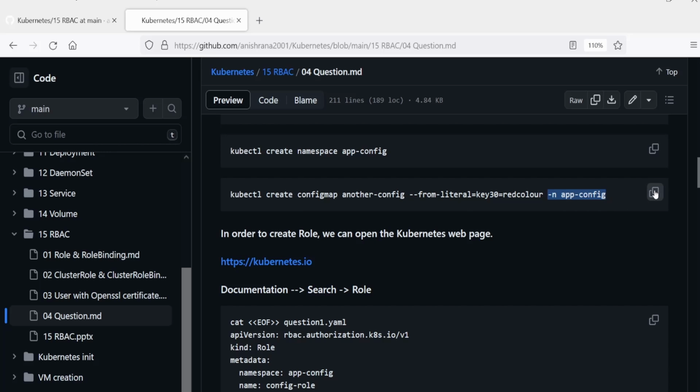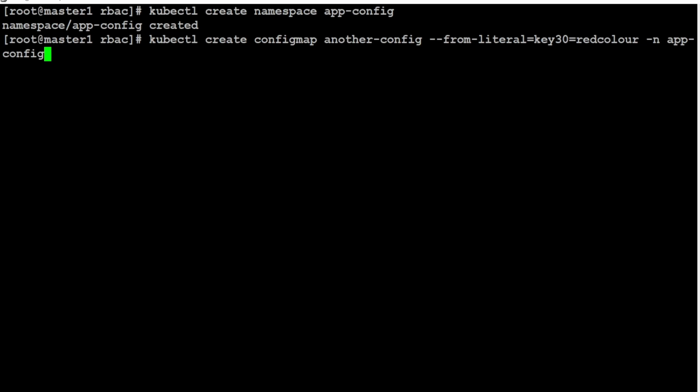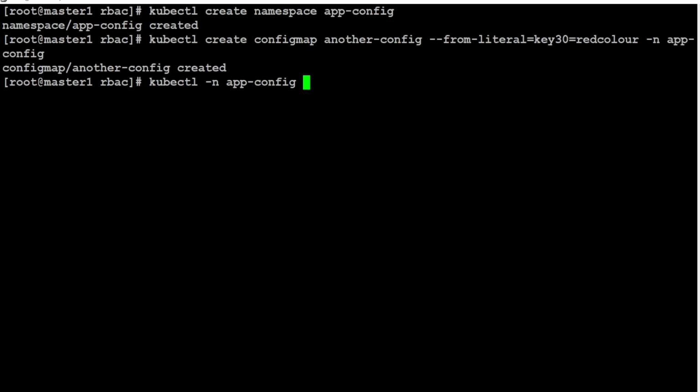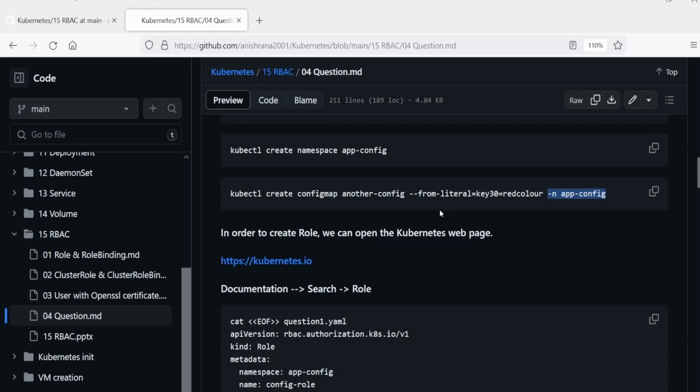This command will create a new config map inside app-config. I have already created one video for config map. If you have not watched, I recommend you to watch that video. kubectl -n app-config get configmaps. Another-config is created here.